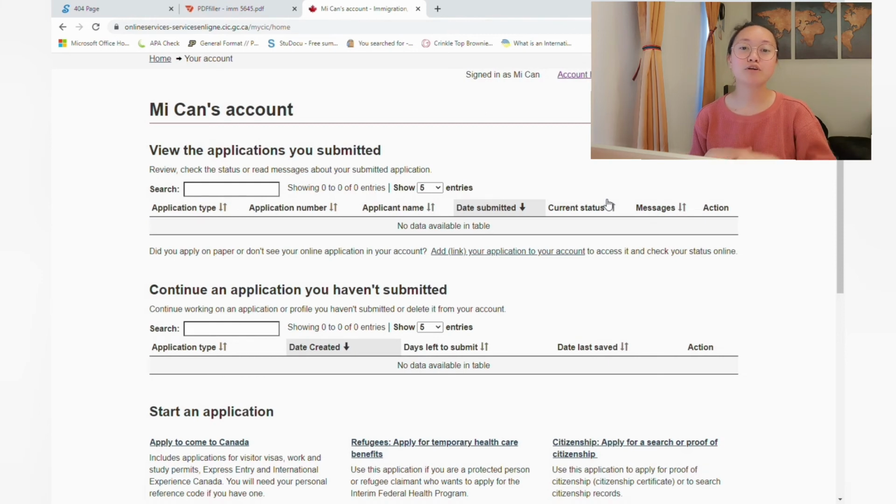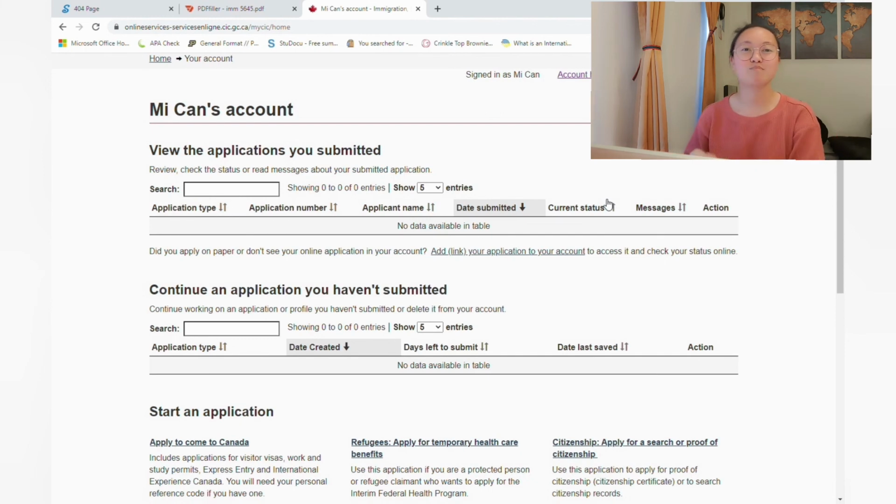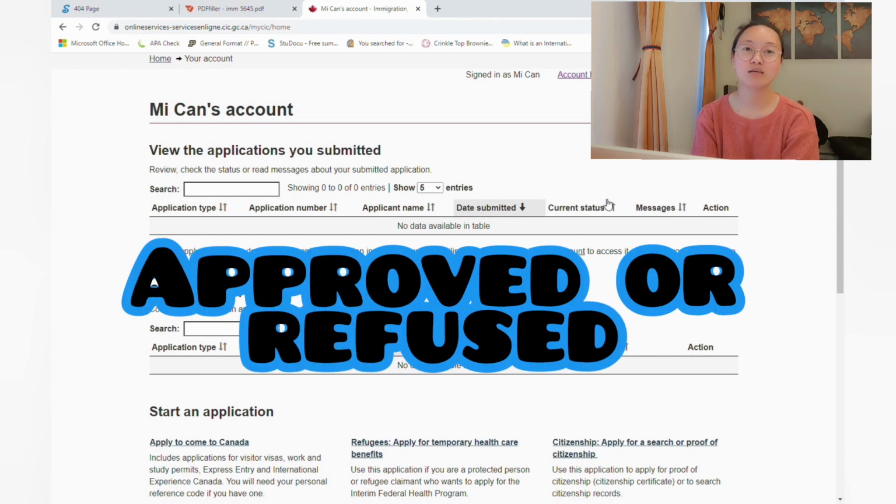Yun lang. After mong masubmit yung document, you will receive an email. Kung may mga updates regarding your application, you will receive an email. And for example, they will request for your biometrics, you will receive an email for your medical. And then, after nun, sundin nyo lang din ulit yung process. And then, once na-submit nyo na lahat, then, just antay-antay na lang. Yun yung tinatawag, tawag nila doon is waiting game. So, once na-approve, once naka-biometrics ka na, naka-apply ka na for medical, antay ka na lang whether approved or rejected. But hopefully,